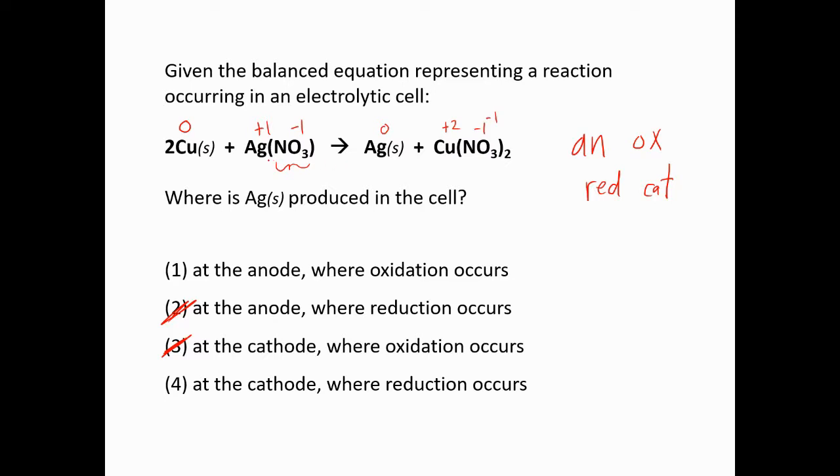So silver is going from a plus 1 to Ag 0. That's a reduction in charge. Reduction happens at the cathode. So the answer to this is it's happening at the cathode where reduction occurs, because going from a plus 1 charge to a 0 charge is a reduction in charge. So that must be happening at the